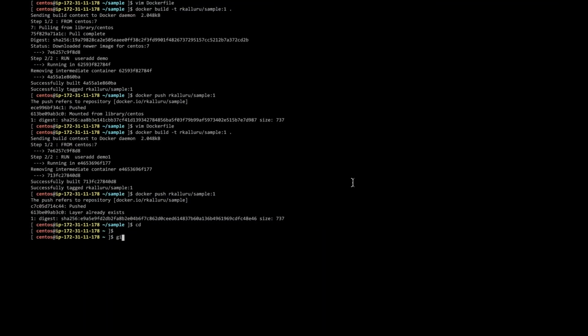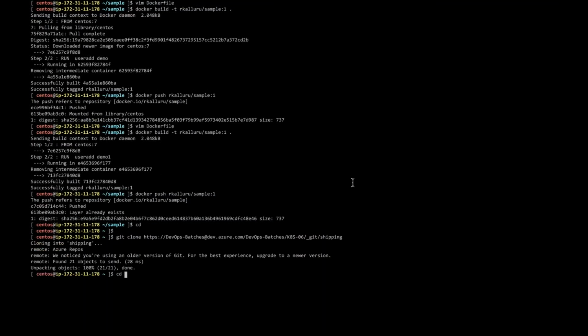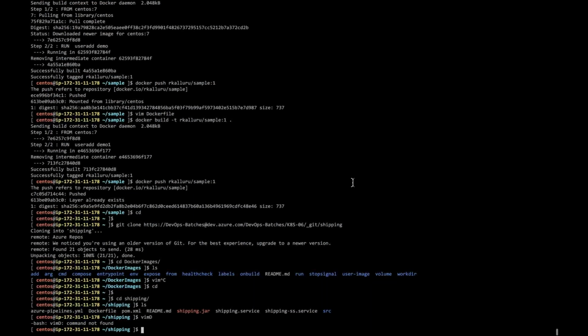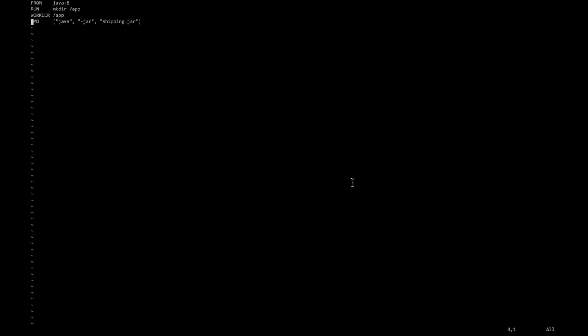Now git clone, do this. So cd, you have the Dockerfile. Now go with the Dockerfile. Here I don't want to copy the shipping.jar file, so I don't want to do this. I have already created this app. Now I want to copy src to here and copy pom.xml to this. And let's say I want to go with CentOS 7, pretty simple, CentOS:7,